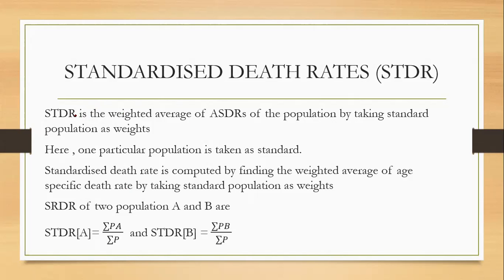Now what is STDR, that is standardized death rate? It is nothing but weighted average ASDR. That is, we are multiplying the ASDR, the age specific death rate, whatever we calculate. In this method we are calculating the age specific death rate, and we are multiplying